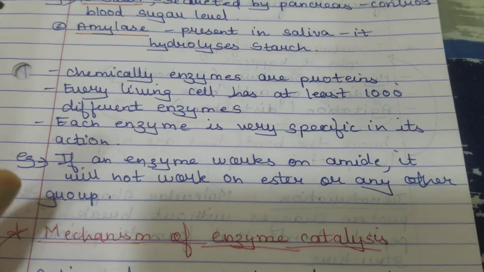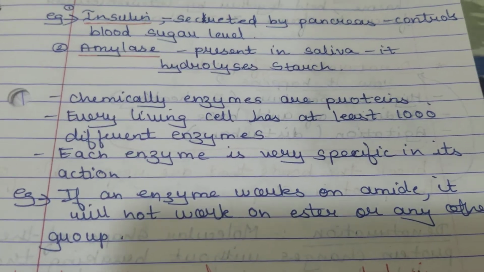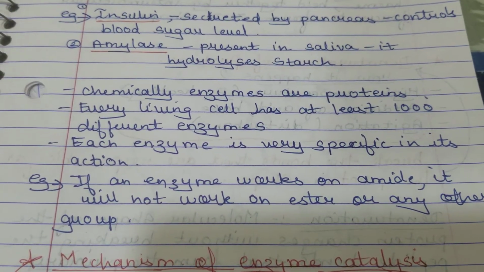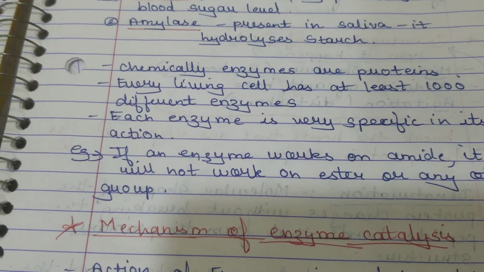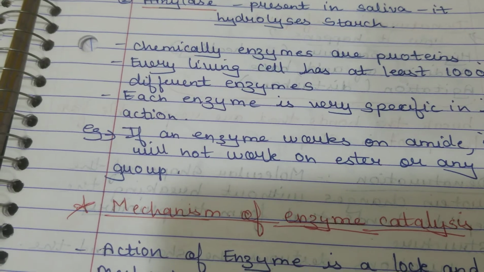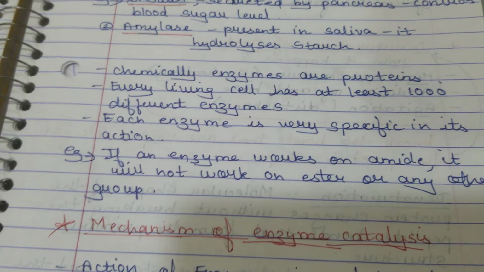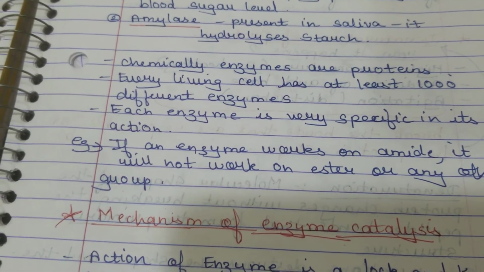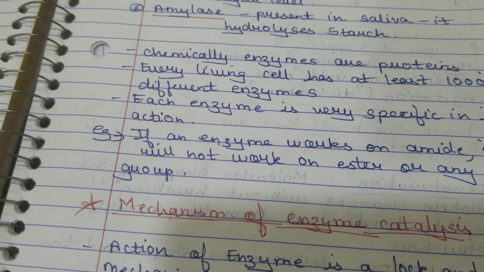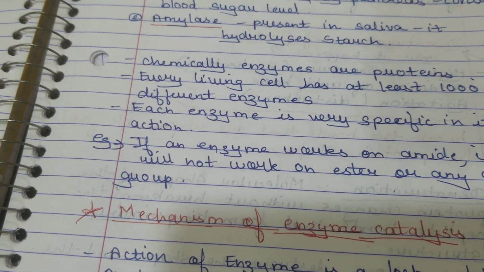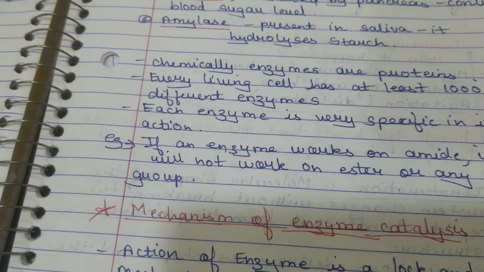What does this mean? It means if you have an enzyme, and for example you take one group, say acid, there is one enzyme which can work only on acid. So if you bring an alcohol group or any other functional group, it will not have its effect. So each group has its own enzyme, which is why you can say the enzyme is very specific. So to break a particular compound, only a specific enzyme is needed. If you bring any other enzyme, it is not going to work there. That is why it is said that an enzyme is very specific in its action.